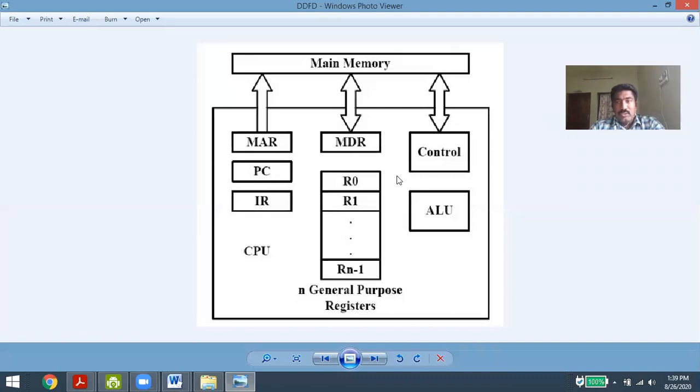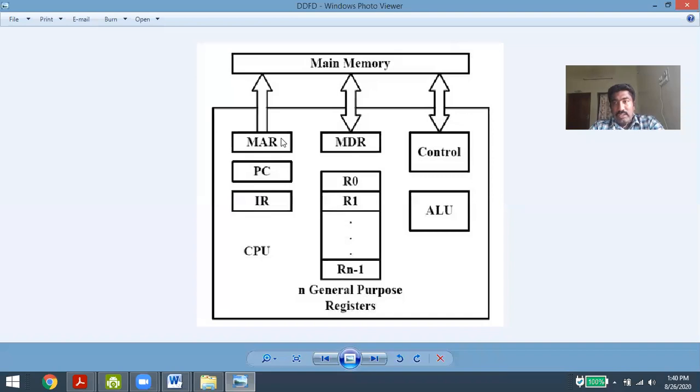Whatever the processor is going to execute, for example, if it wants to take input from the keyboard, that instruction address is stored in the program counter. It is used to transfer the data into the MAR. First, the program counter identifies the first instruction that the program wants to execute. That instruction address is stored in the MAR. Once the processor reads the address in the MAR, it finds the data and loads the data into the MDR.